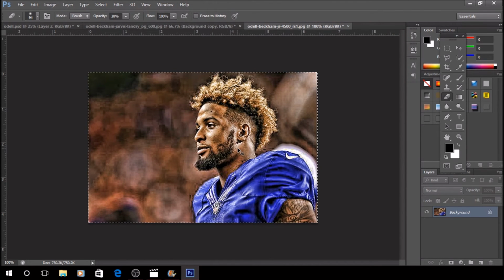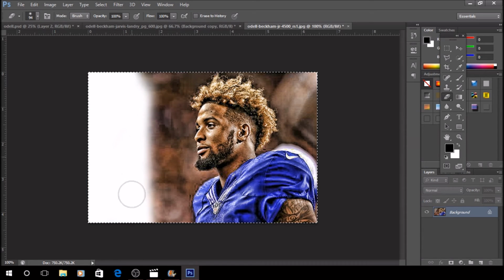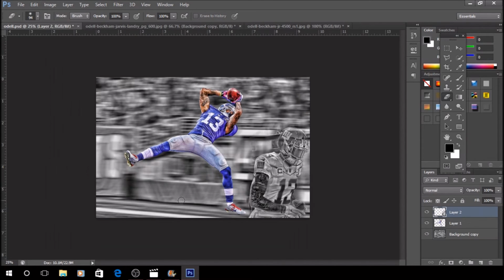Command A. Well, actually, what I'm going to do, so I don't have to deal with a lot of it, is I'm going to go ahead and erase a big chunk of it, like this, and then Control A, Control C, copy it, come back over to our main layer, create a new layer so it doesn't merge with any other ones,